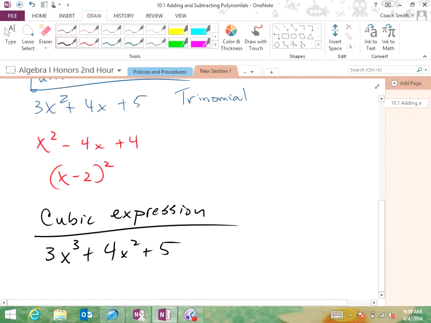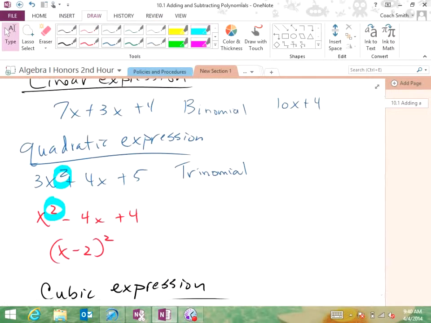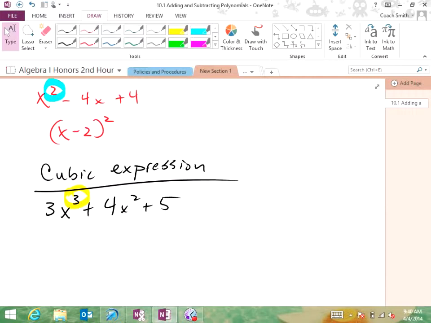That would be a cubic expression because of that. The quadratic expressions are because of that. A linear expression is because of that, because they're all raised to the first power. So when we are classifying by degree, you have quadratic, cubic, and then you have, sounds like a Nordic term,